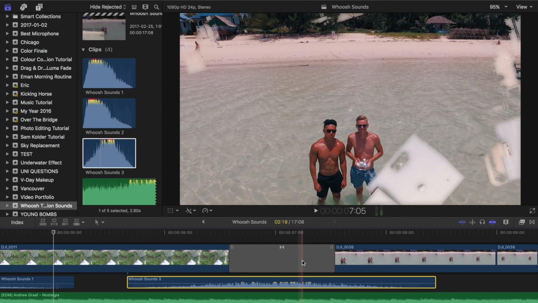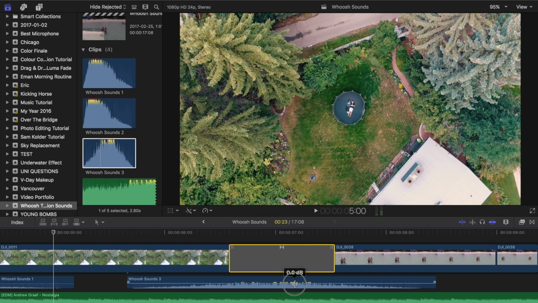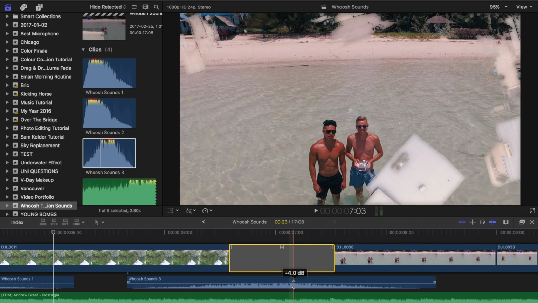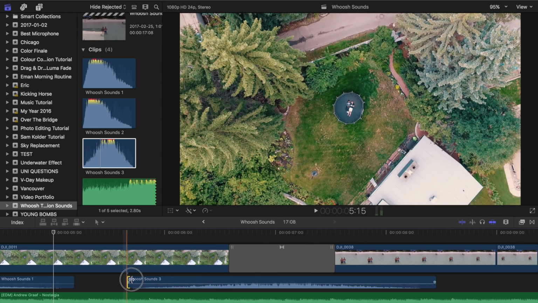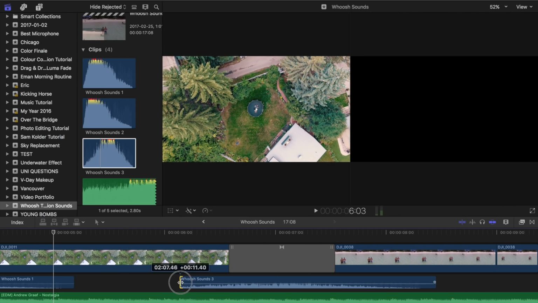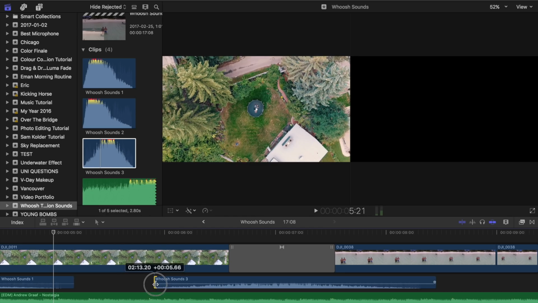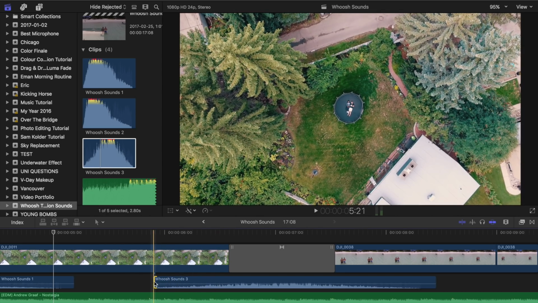And this is my free Luma fade transition. If you guys haven't checked out that video, go check that out and download that. So we'll drop this down to -4 again, roughly. And you can also trim off if you don't want it to start too early. Depending on how loud the music is, you might hear a little bit of this beginning sound. So you can